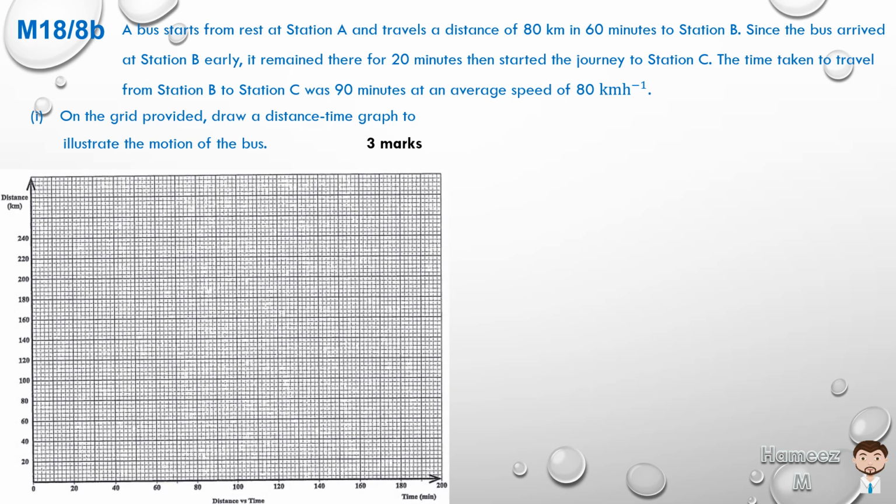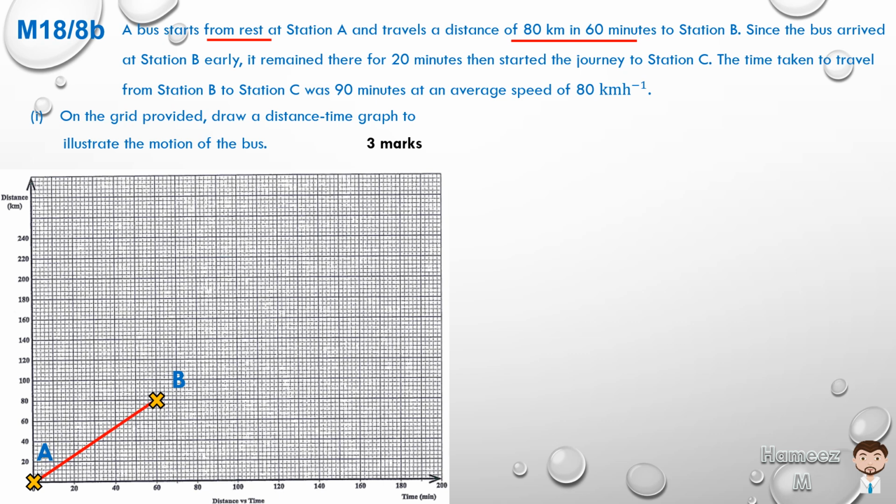So let's bring up the graph and let's look at the information. First of all, it started from rest, so we can indicate that at the origin, when the time was 0, the distance was 0, and that would be station A. And then it traveled a distance of 80 kilometers in 60 minutes, so you could bring up that point there, to station B. So let's draw that, let's connect the dots by drawing a red line showing from A to